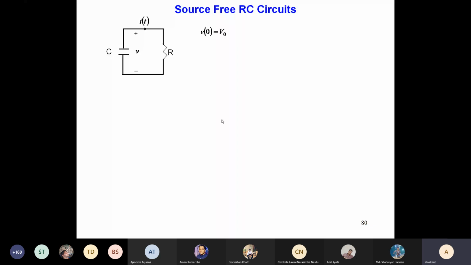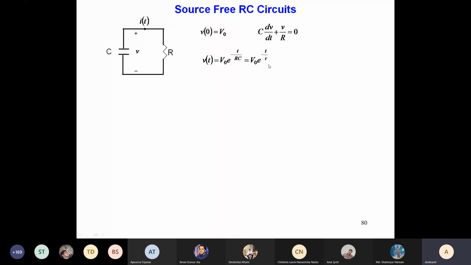for this circuit, you will have to solve this type of differential equation: C dV/dt equals the current, plus V by R. And you know how to solve this, just similar to the other. If you multiply this equation by 1 by C, you get dV/dt plus V by RC equal to 0. Its solution is just like the earlier case: V(t) equals V naught e to the power minus t by RC, where RC has the unit of time. If you substitute it by some tau,